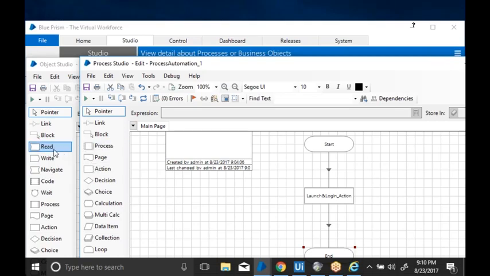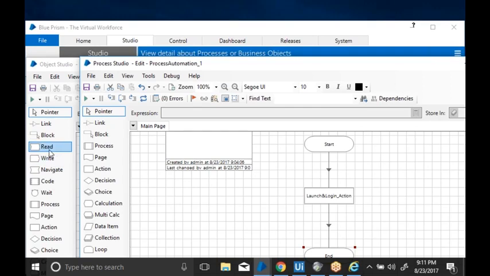Why is that? Reading means I am going to read some data from the application. Writing means I am going to write something on the application. Navigating means where to launch the application, select the drop down, click the radio button, click the checkbox, or click on a login button, like that. When it comes to code, I want to write some code, and the wait stage is where I want to wait for the application to load, something like that. These five stages are mainly used for the application. That's why you don't have the Application Modeler inside the process, nor the stages related to the application.